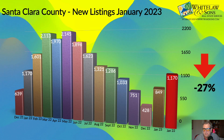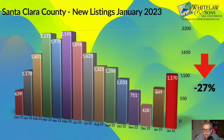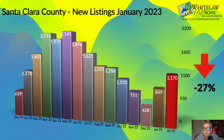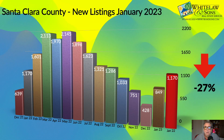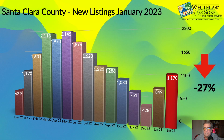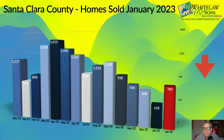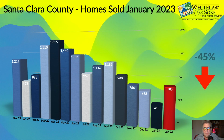I would expect to see another increase in homes added to the market, and then a big increase between February and March if we see a repeat of the sort of trends we saw in 2022. In terms of homes sold, now this is the total number of homes that actually closed escrow in the